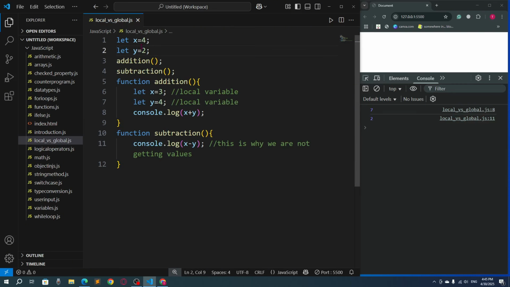Why? Now my x and y values are global variables. Okay, global variable. And the second one is also a global variable. But here you can see my x value is 4 and y value is 2, so it